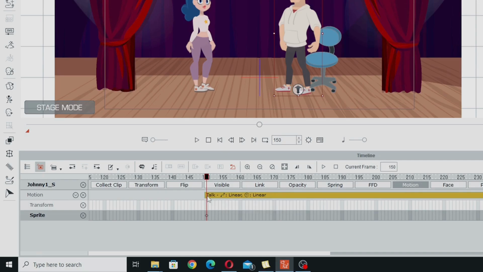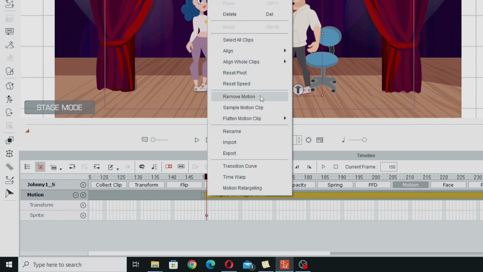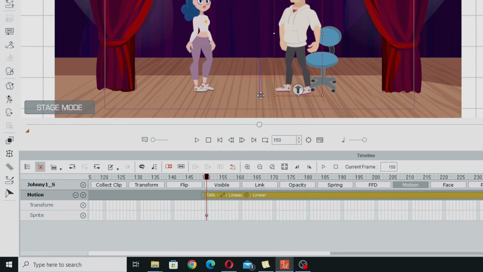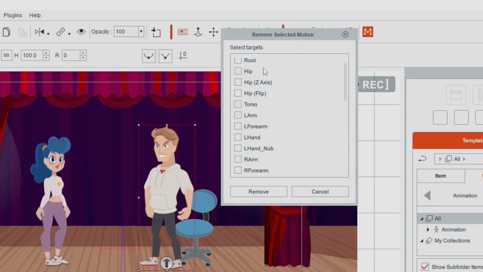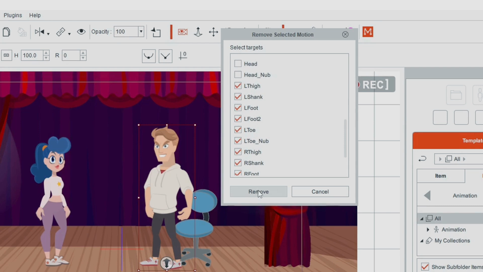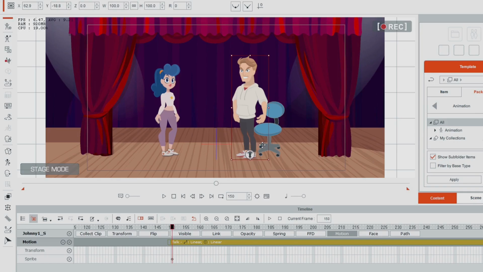And now we just right click on here and we want to remove some of the motion from various body parts. So we do remove motion, and you'll see we get this list here of motions that we can remove from separate body parts. We want to take everything out to do with the feet and the legs. Select all of those and do remove, and you'll see now when he plays